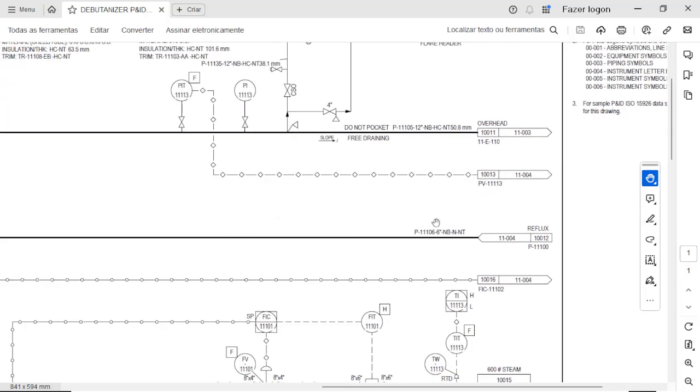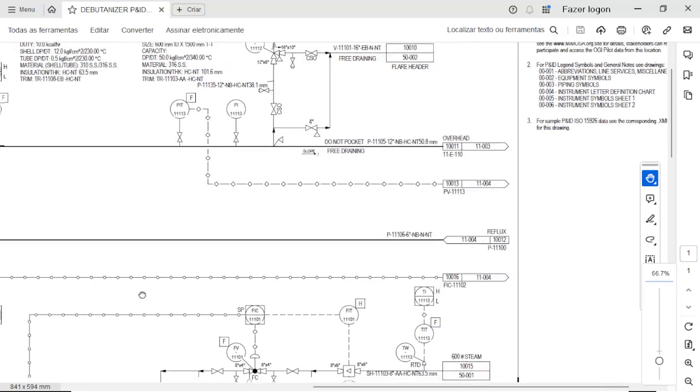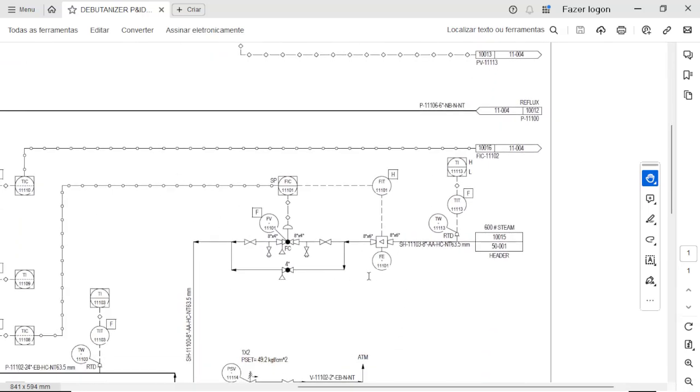Besides the piping, that's why we are talking about pipe instrumentation diagram, we also have the instrumentation in the drawing. So what is the instrumentation? It is the devices used to measure some kind of variable. It can be flow, temperature, pressure, composition, and others.